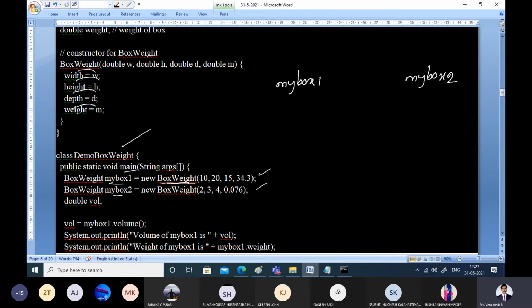Now for myBox1, we are calling the BoxWeight constructor by passing parameters 10, 20, 15, 34.3.